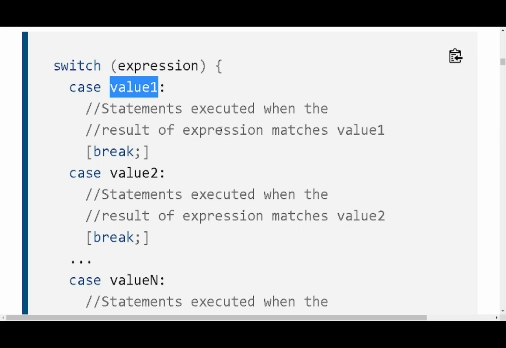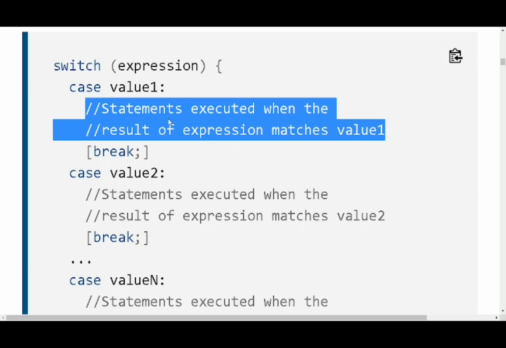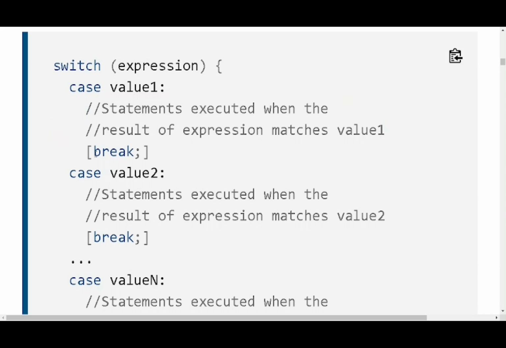Suppose you write like that, and if you want to terminate the execution at that point, that is, if you only need to execute statements under this condition, then it is obvious that you need to include a break statement. So here in the syntax, the break is kept as optional, that is why it is written within square brackets. So this is how the syntax of switch can be written.